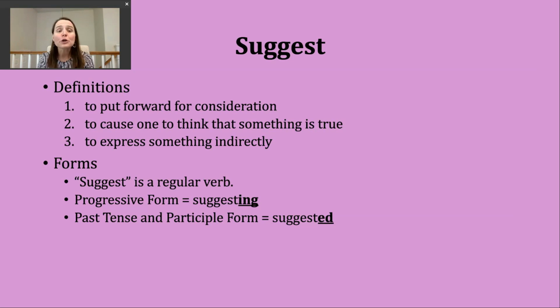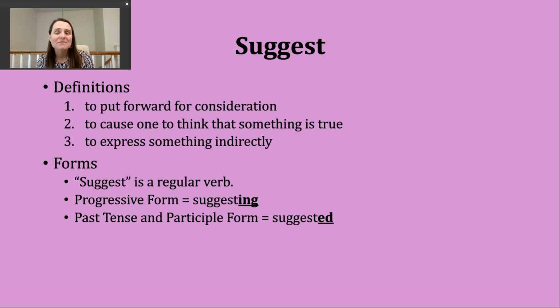You should know the verb suggest is a regular verb. To make the progressive form, all I need to do is add ing to form suggesting. The past tense and participle forms of this verb are made by adding ed. Our base verb, suggest,